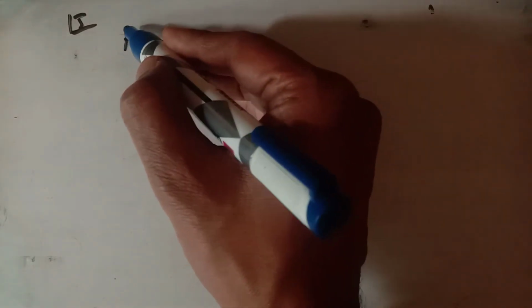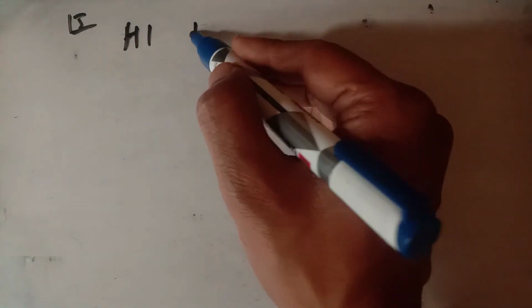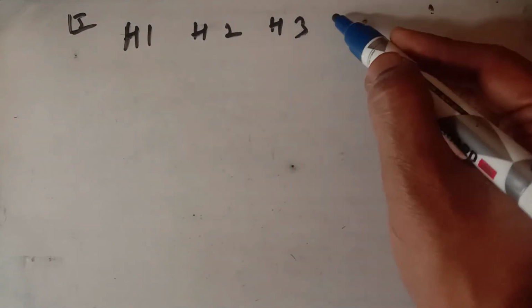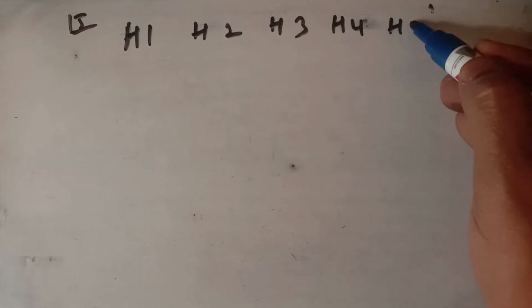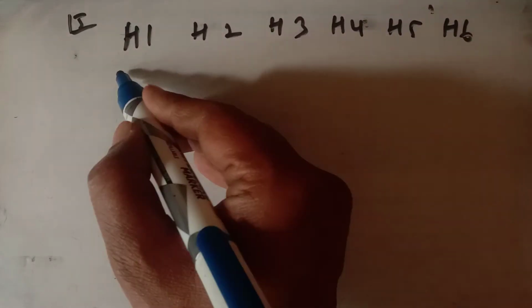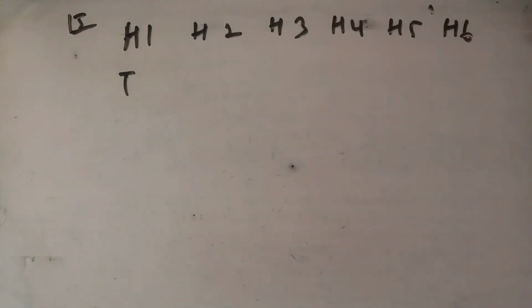In question number 15, a coin is tossed. If it shows a tail, we draw a ball from the box containing 2 red and 3 black balls. If it is a head, we throw a die. तो tail आने पर, head आने पर, तो we are throwing a die. Head 1, head 2, head 3, head 4, head 5, head 6. And when we get a tail, we are drawing a ball from a box containing red and black.